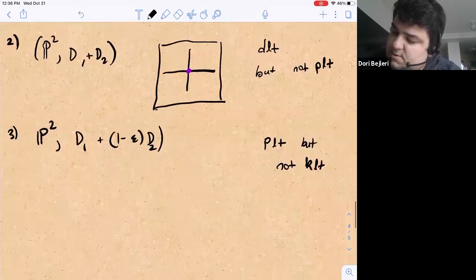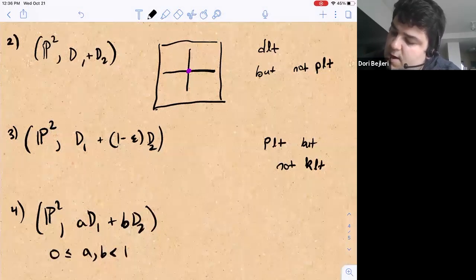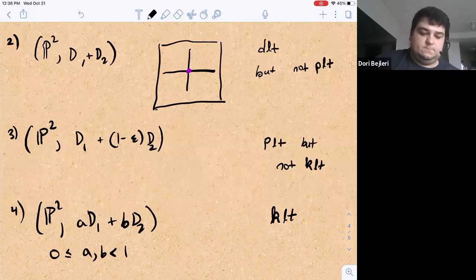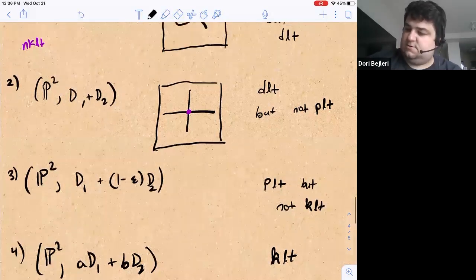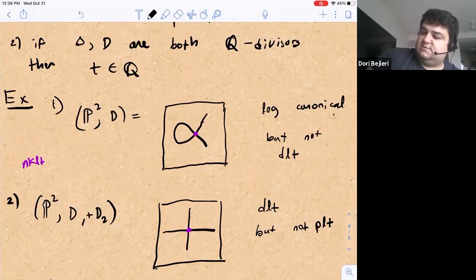And then finally, in the same sequence, we can just look at P2 comma A D1 plus B D2 for A and B both strictly smaller than 1. Then this is something that's KLT. Now all the discrepancies are greater than -1 and all the coefficients are smaller than 1. Okay, so those are some basic examples, but the most important takeaway is that the PLT